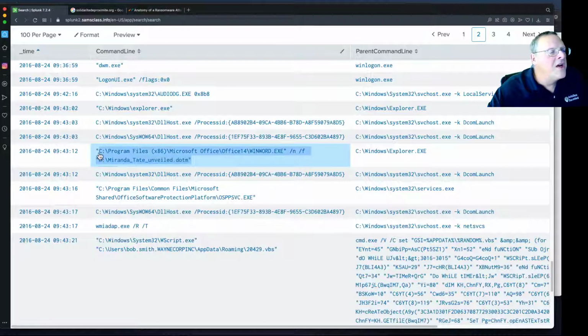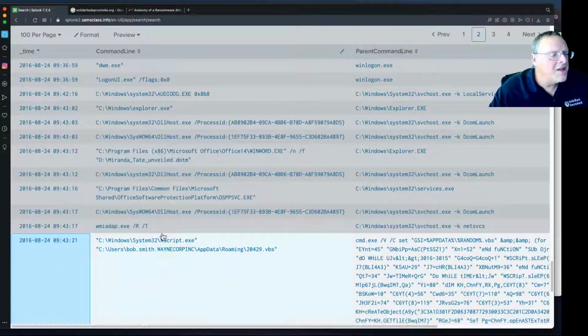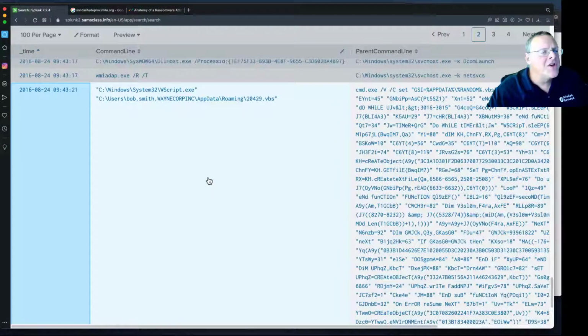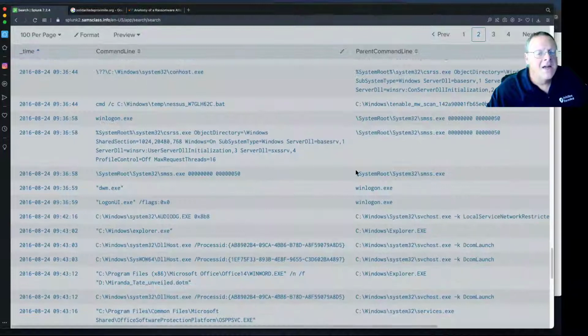Here is where it launched the Microsoft Office, Microsoft Word opening this .m file. All right, and that then became the parent of a later event. That launched, okay, let me try to get rid of these extra windows. All right, that was the Word launched. Then down here, it launched this CMD, and I'm not seeing the one in between, but let's keep going. This is the W script that launches 2049, and then the 2049